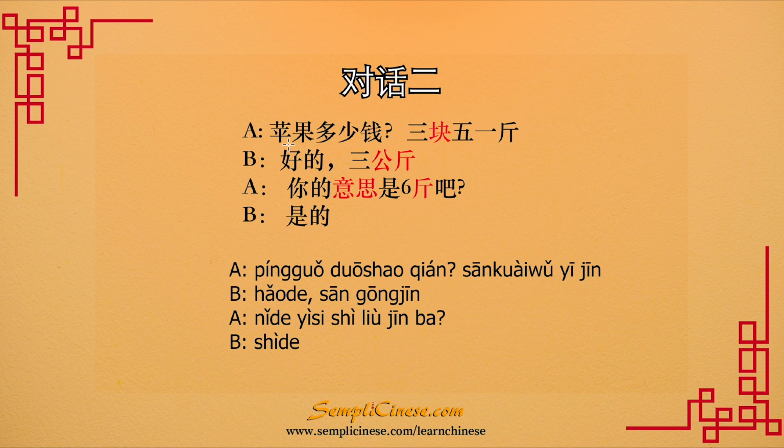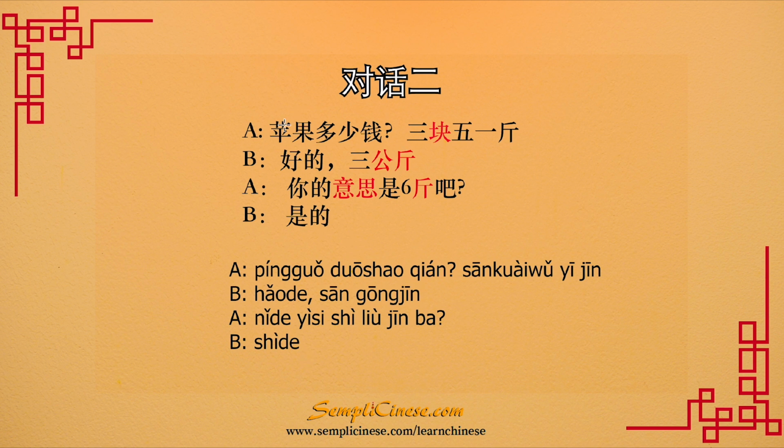A says, 苹果多少钱? 3块5一斤. 好的3公斤. 你的意思是6斤吧? 是的。Okay, let's see this conversation again. 苹果多少钱? 3块5一斤. 好的3公斤. 你的意思是6斤吧? 是的。